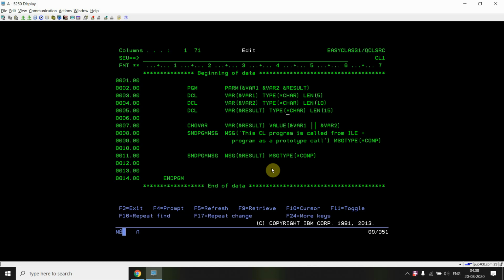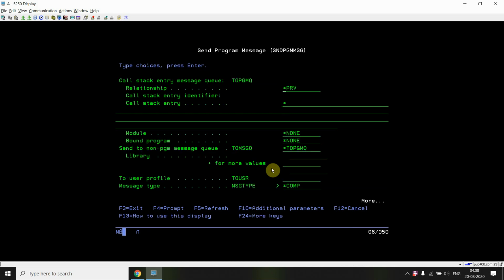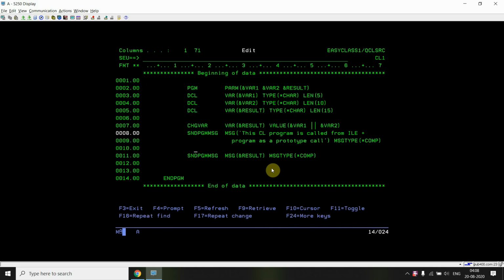Then we are sending a message to a program. The message type is completion, as you can see. The message is sent to the program message queue.